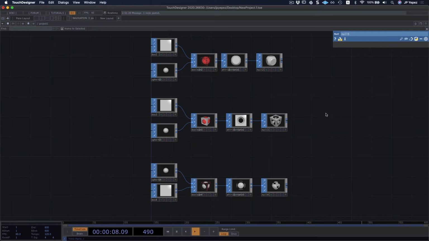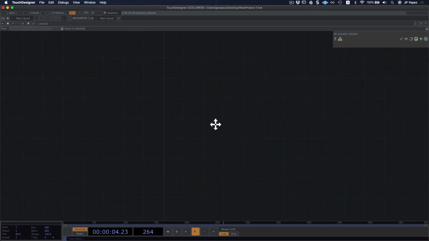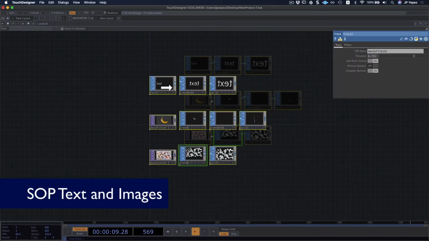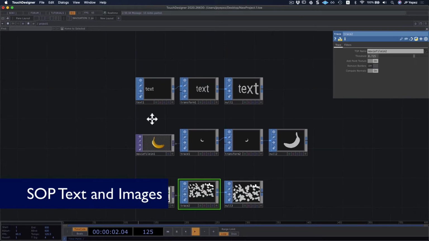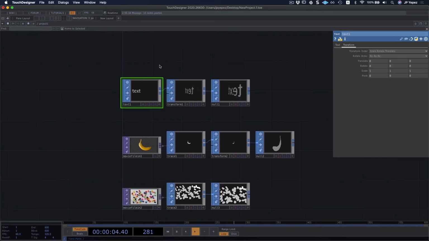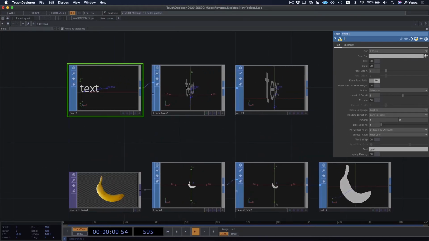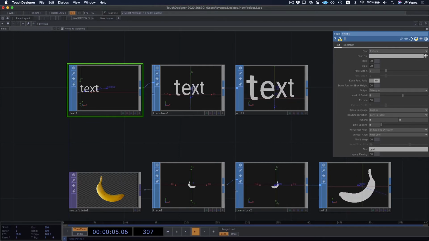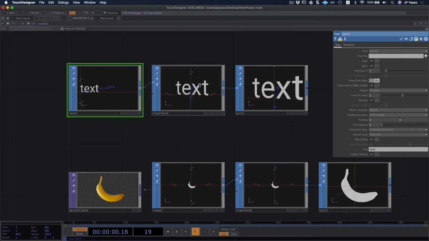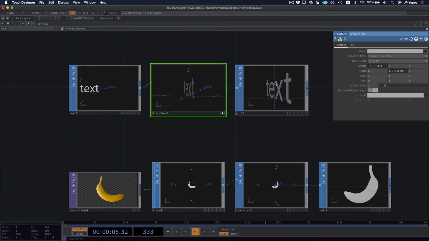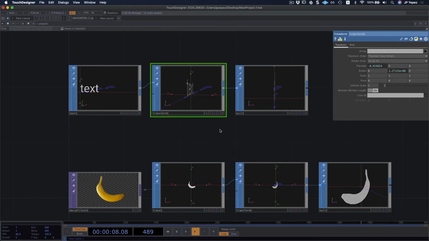And to wrap up SOPs, and to move on to our 3D workflow, I've set up a few extra examples that I'm going to include in the pack. There's the text SOP, which allows you to basically write, but remember that it's in space. So rather than being limited like we were in the previous text TOP, which was just an image, 2D, this text is effectively geometry in 3D. You can see that the text is being transformed and moving in 3D.